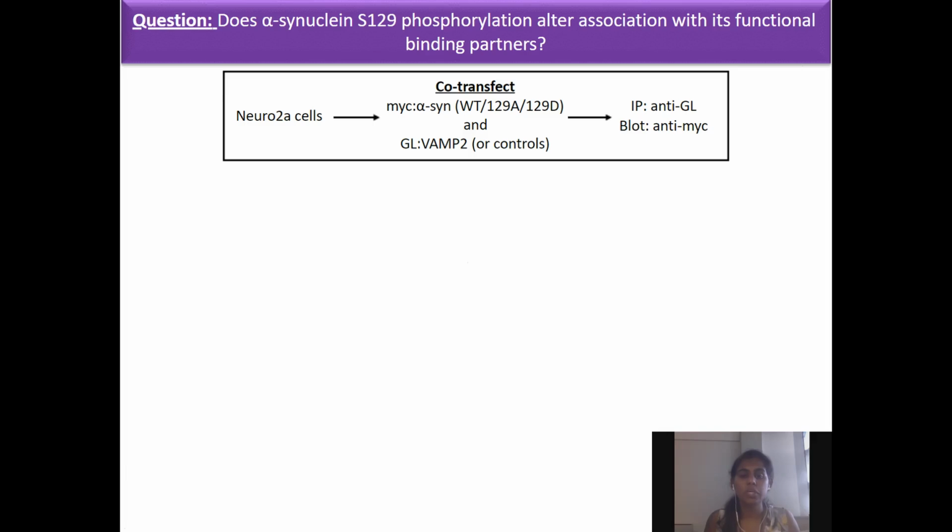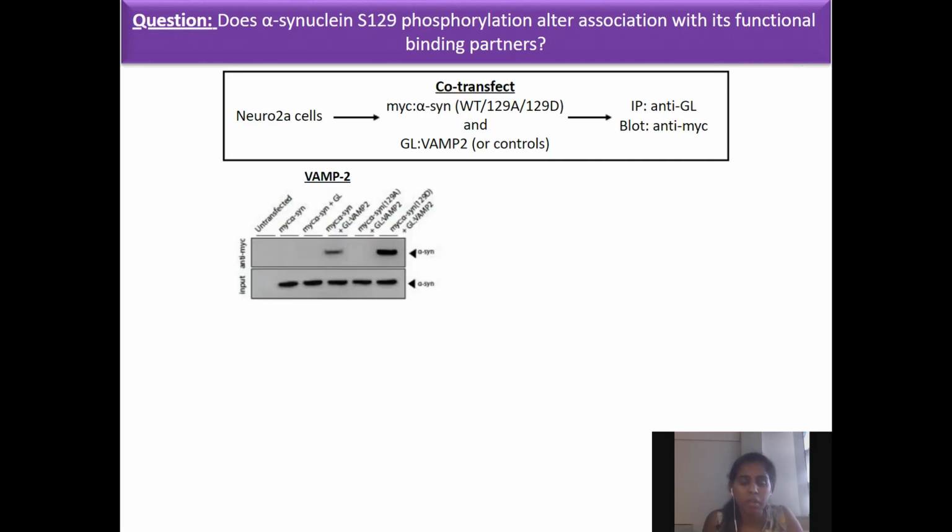So to do this, we co-transfected Neuro2A cells with Myc-tagged alpha-synuclein wild-type or phosphomutants and mNeonGreen-tagged VAMP2. Then we did an IP with the green antibody to pull down VAMP2 and then detected alpha-synuclein using the Myc antibody. So on the image here, you can see that the fourth lane shows interaction between wild-type alpha-synuclein and green-tagged VAMP2,